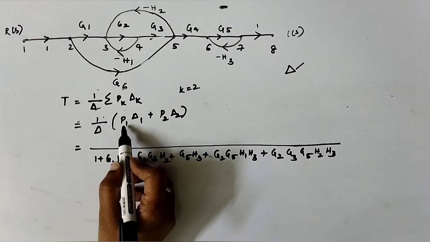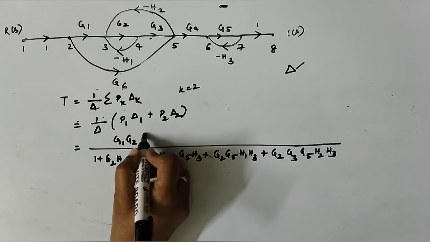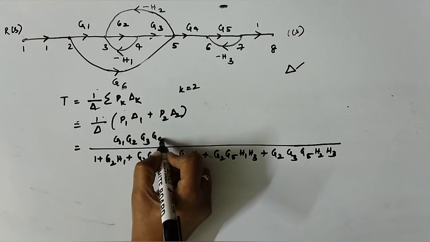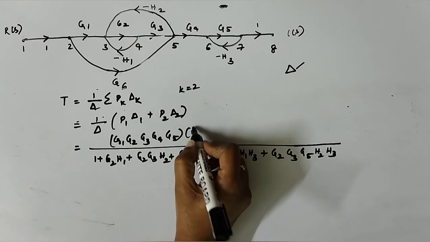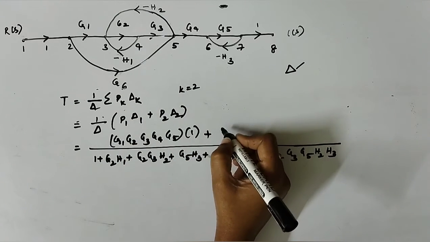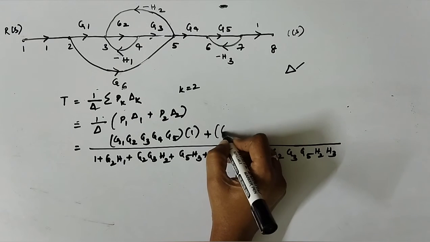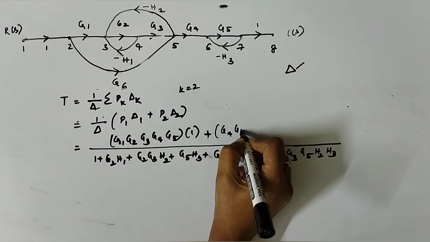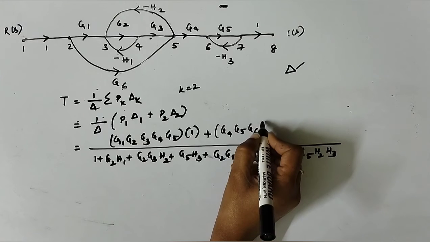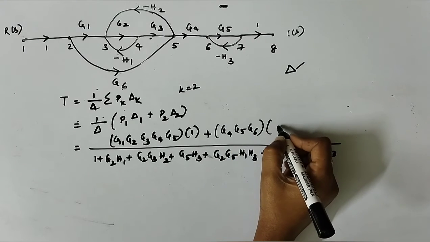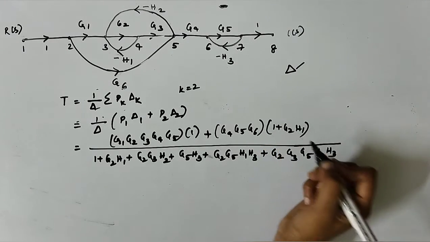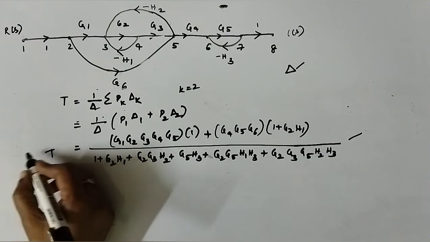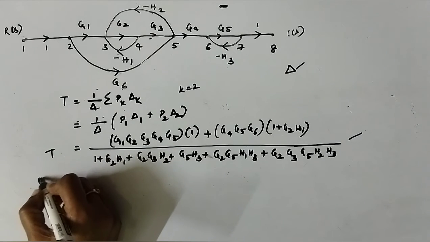So P1 is nothing but G1 G2 G3 G4 G5 into delta 1 which is 1, plus P2 which is nothing but G4 G5 G6 into delta 2 which is nothing but 1 plus G2 H1. Multiply and simplify this. The final transfer function or overall gain